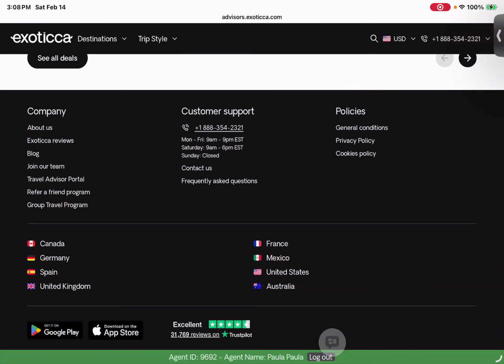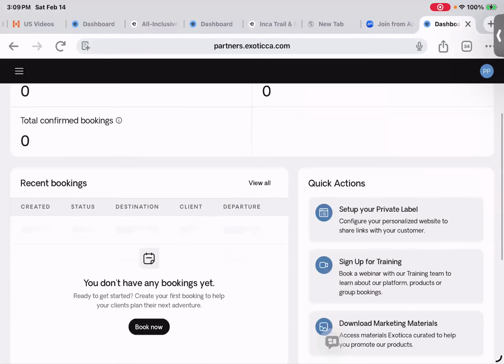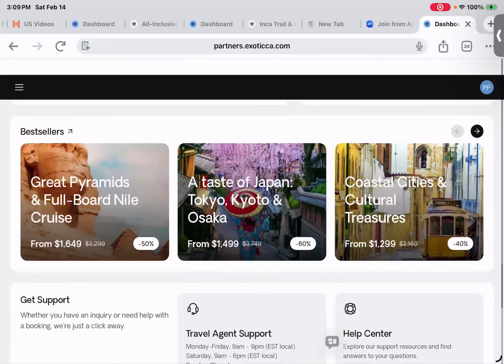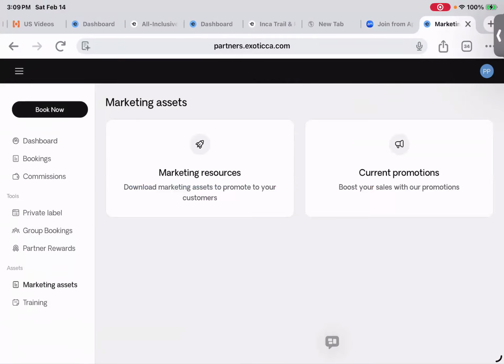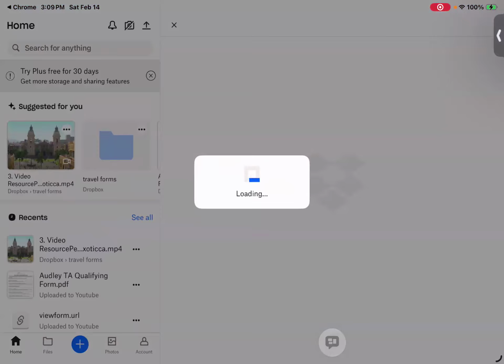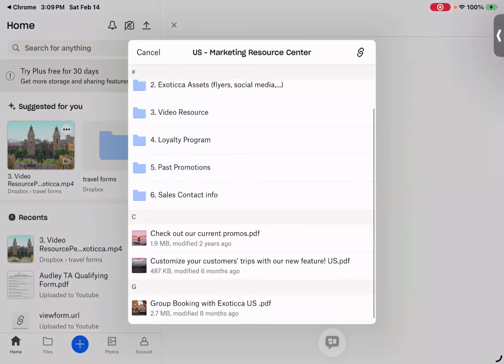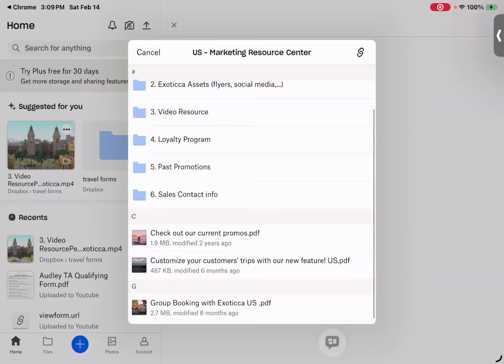So I went to the travel advisory portal first. And of course, I'm going to log in. Already there. And of course, I'm not going to find what I need. Marketing assets, marketing resources. If I'm going too fast, just yell at me. So in here are your marketing things. So what I did is,